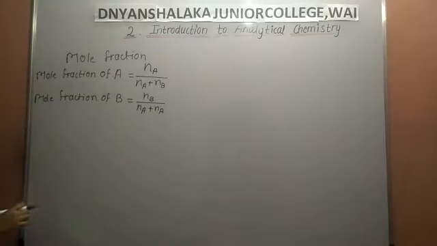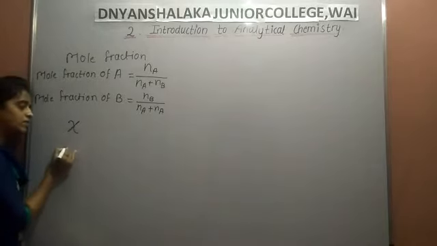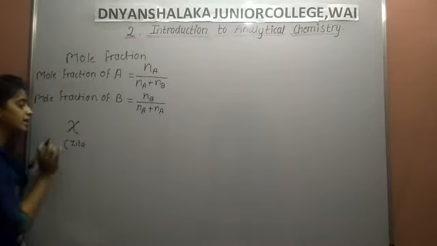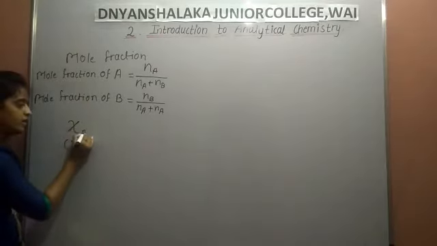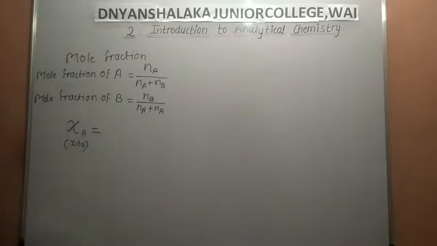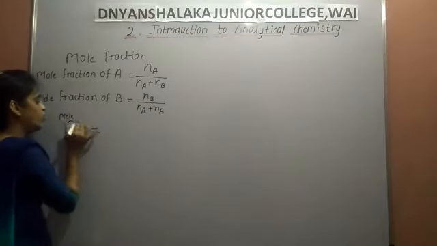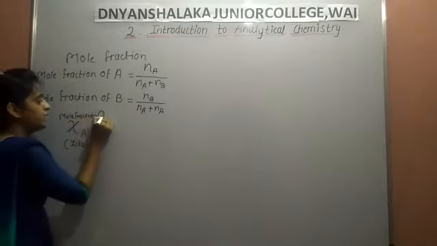So this mole fraction of A, we use the symbol, identify the symbol, this is zeta. The pronunciation means this is x, like the x symbol. So zeta, mole fraction of Xa. We denote it as Xa component. This symbol is zeta for mole fraction of component A. So the mole fraction symbol is zeta.